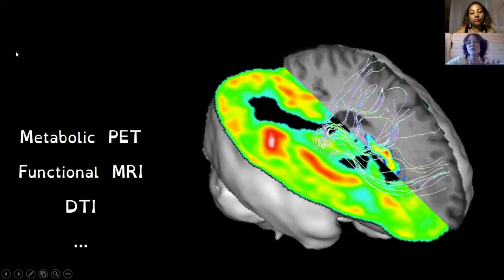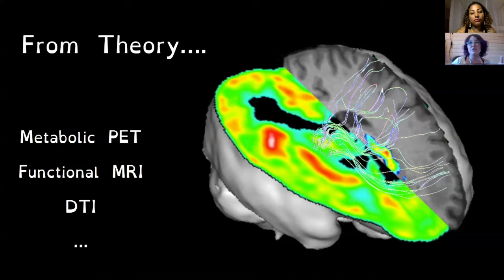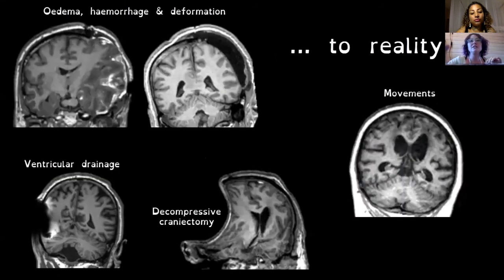So this is what we're doing in theory, because you'll see that in comatose patients, it's not so simple, because honestly, this is what we have in reality when we work with comatose patients. So we have to face a lot of methodological challenges. For example, you have huge brain deformation here because of edema. You have artifacts due to ventricular drainage, for example. So there's no missing part of the brain here. It's just that there's artifact because of